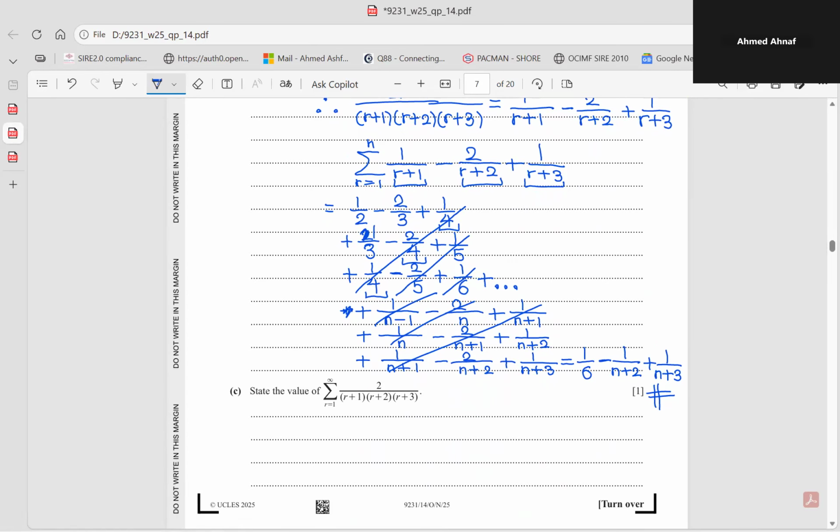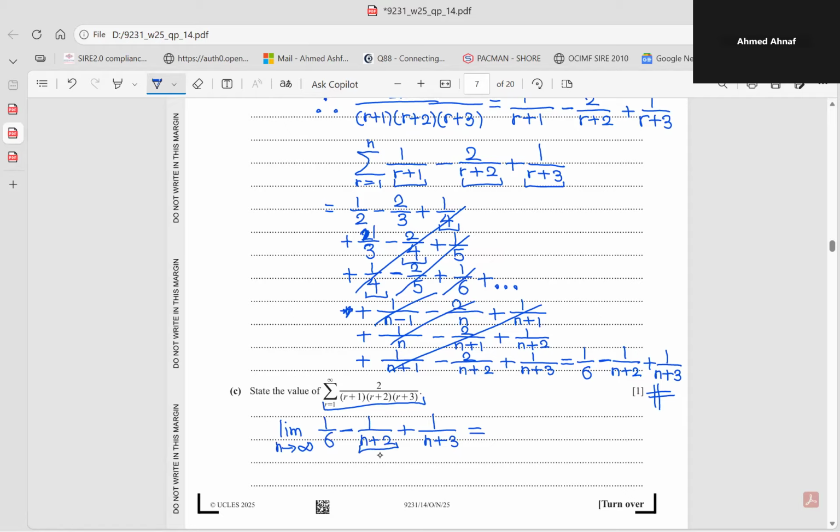Okay, so for the last part, we just have to state the value for the summation of this, but the upper limit is infinity. Since we know the expression for this in terms of n, we can just put a limit as n approaches infinity to the expression 1 over 6 minus 1 over n plus 2 plus 1 over n plus 3. So this is going to be equal to,